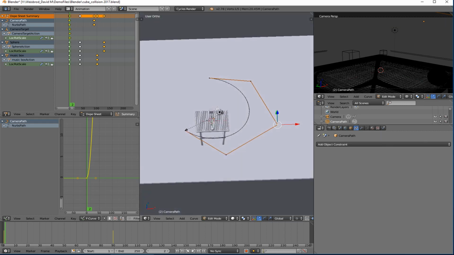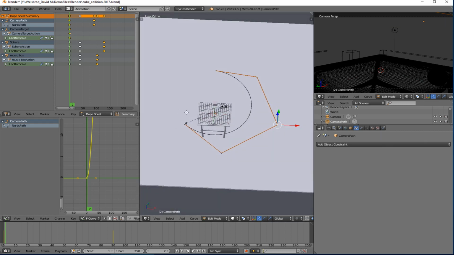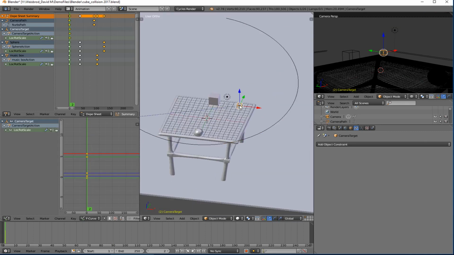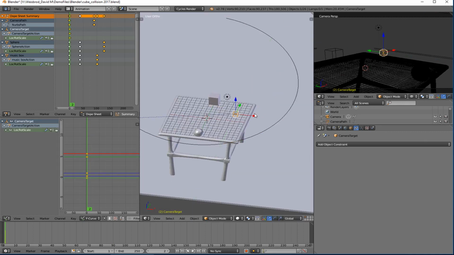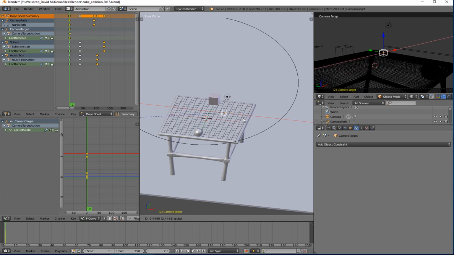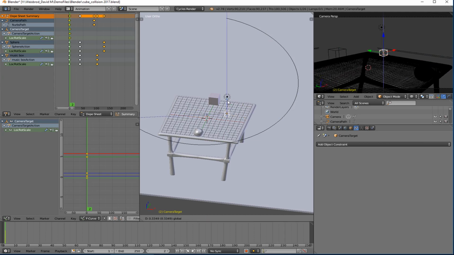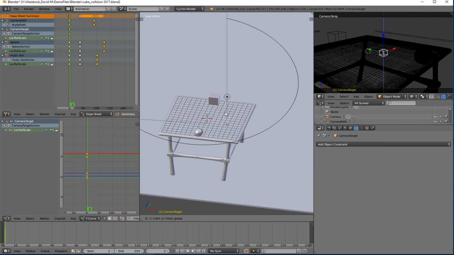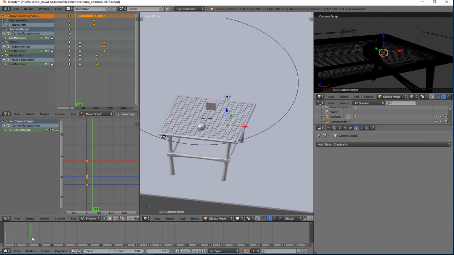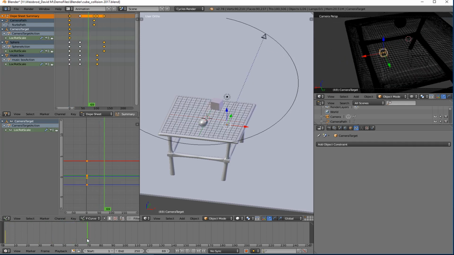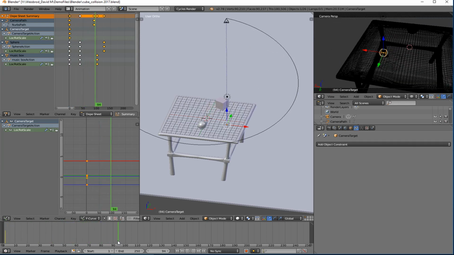There we go. So you can really play with this to have fun and see what's going to happen. And now I might take this and bring it in a little bit, say about there. Okay? I can also bring it up or down to help that out. So there, I'm going to reinsert my keyframe. There we go. So now the camera's starting, and then as the camera moves and swivels around to here,